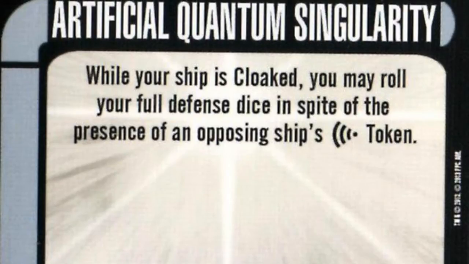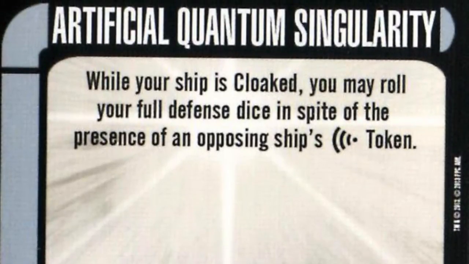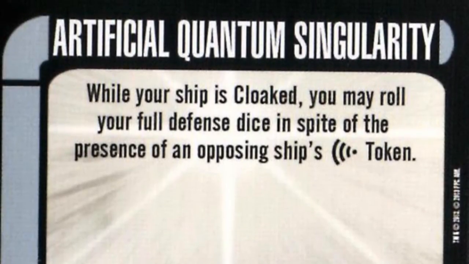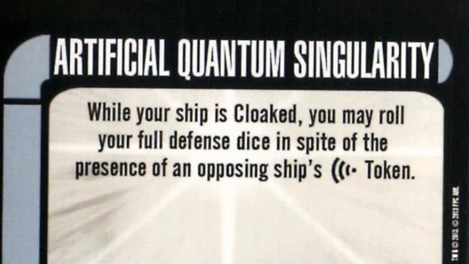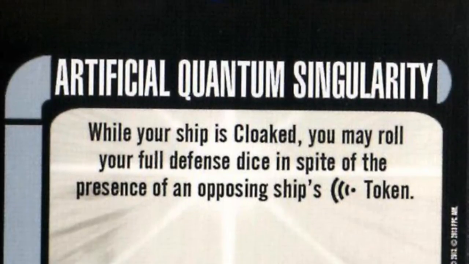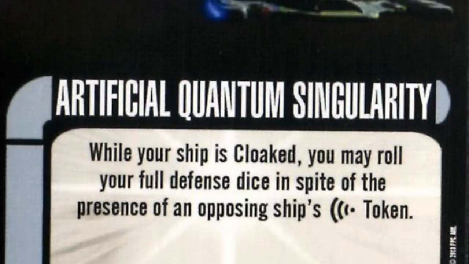We also have a tech, Artificial Quantum Singularity. While your ship is cloaked, you can roll your full defense dice in spite of an enemy scan token. So really, it's letting you roll 1 extra defense die. Scanning is kind of hit or miss. It depends on the enemy fleet. It has a place. I'm not sure it's a 3-point place, but I will say that against a lot of